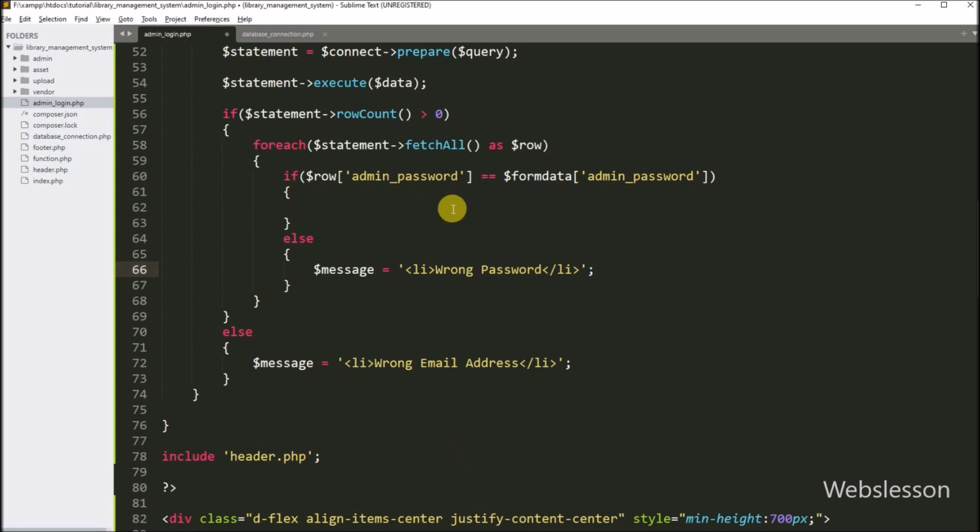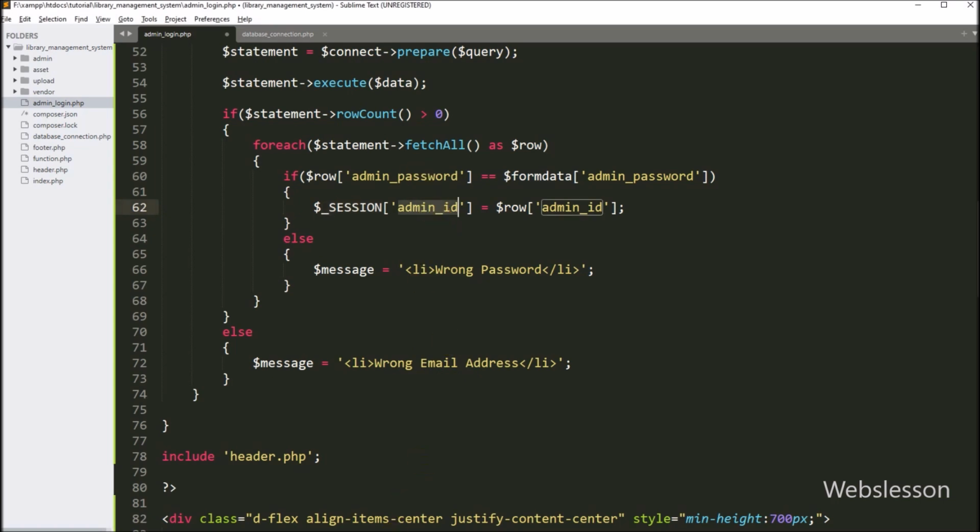But suppose the admin has entered the right password, then it will execute the if block of code, and under this block, we write the $_SESSION admin id variable is equal to the $row admin id variable. So suppose the admin has entered the right email address and password, then their admin id will be stored in the session variable, which we can access from any web page under this system.